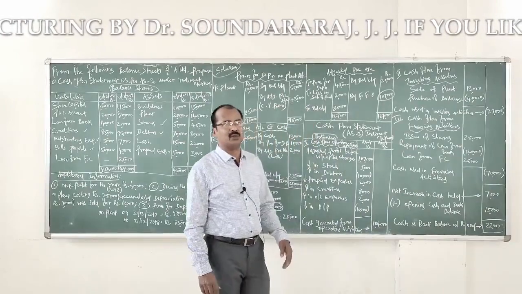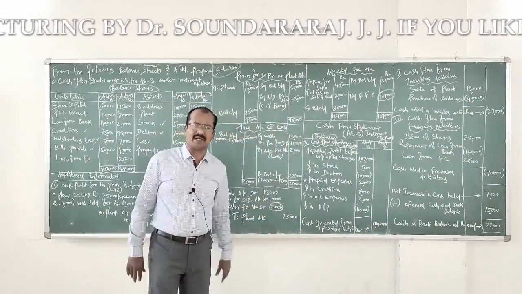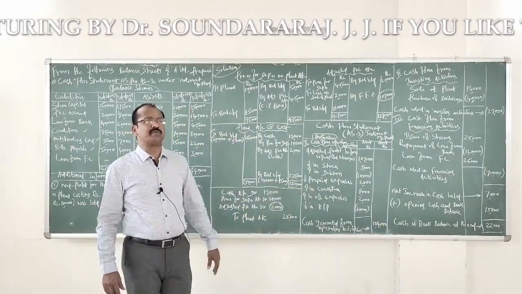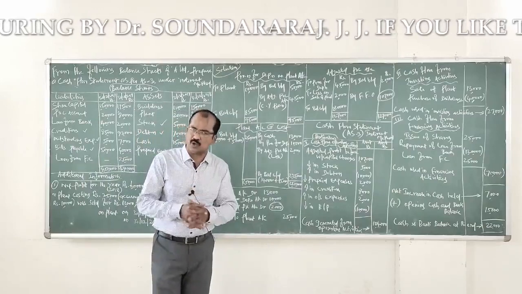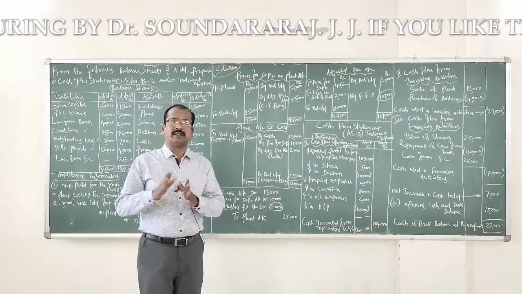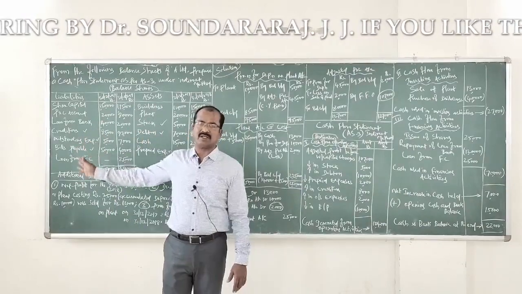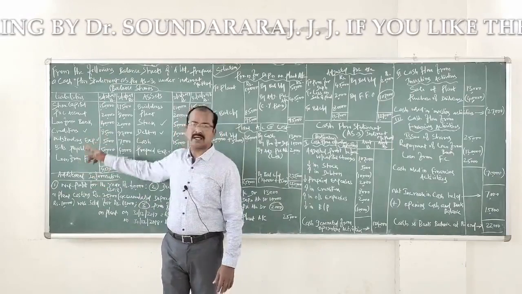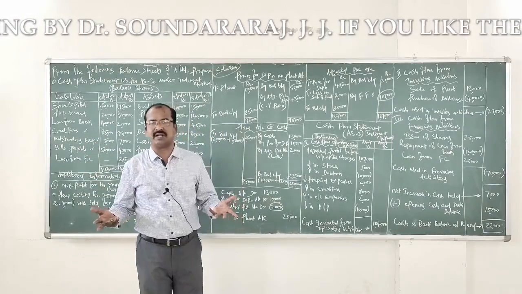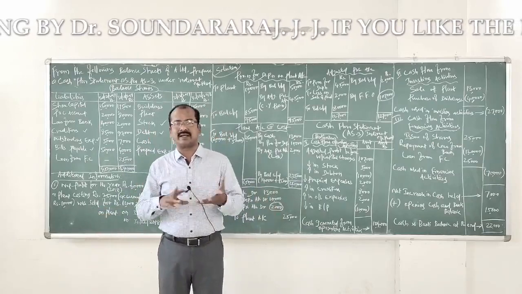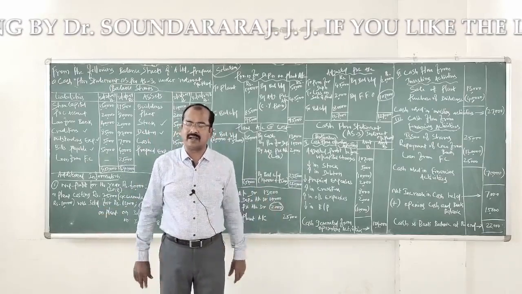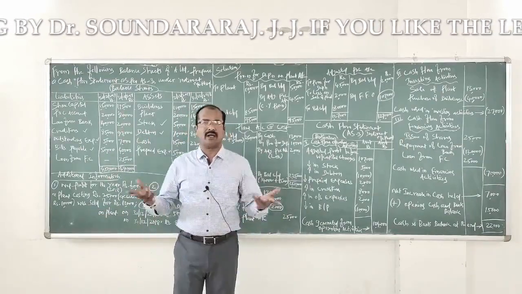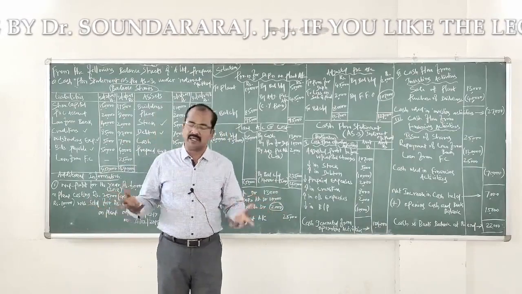Now let's straightaway get into the preparation of relevant ledger accounts, followed by which we will continue to prepare the cash flow statement. When we speak about the ledger account, which is the first ledger account to be opened? You find no item presented in the liability side of the balance sheet requires a separate ledger account, because these 2 non-current liabilities don't require any sort of ledger account, as the increase or decrease in their values could be directly recorded in the cash flow statement that we will discuss in detail later. Share capital, similarly, doesn't require a separate ledger account.